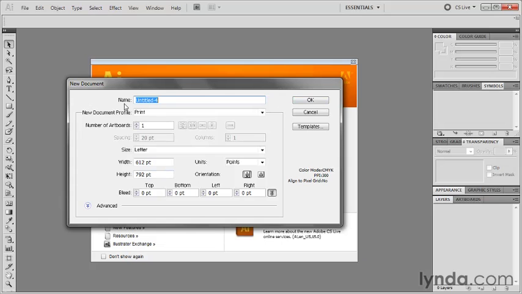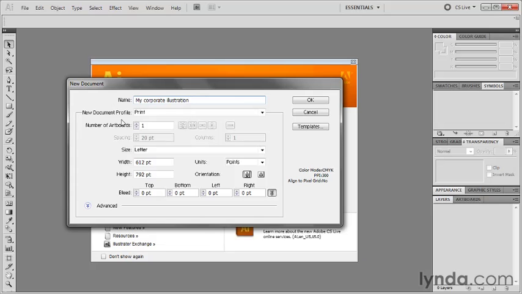Now, notice that our first option is to give this document a name. Now, you don't truly name the document until you save it to disk, but when you give it a name here, you will see that name up in the title bar. So I'll go ahead and call this My Corporate Illustration or something along those lines. And that's a fairly generic name, but it's something to get me started anyway. And that's what I recommend you do. Just make a stab in the dark for now,